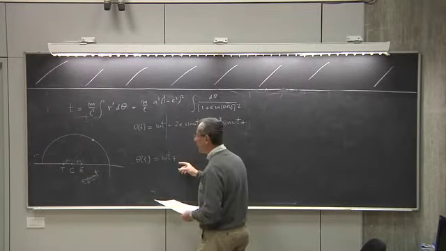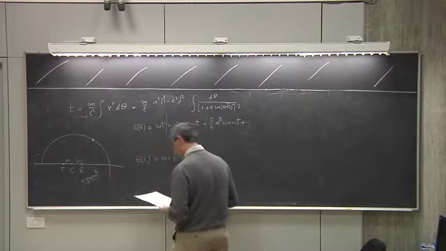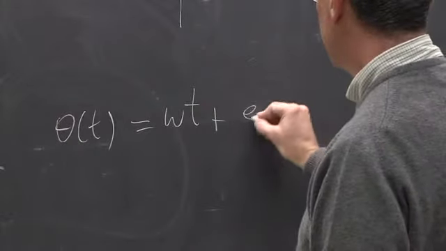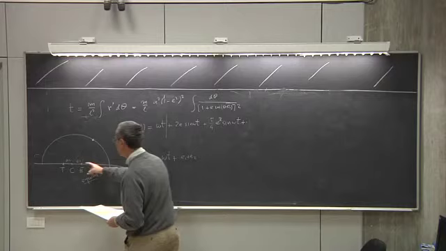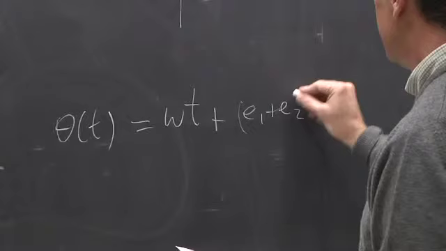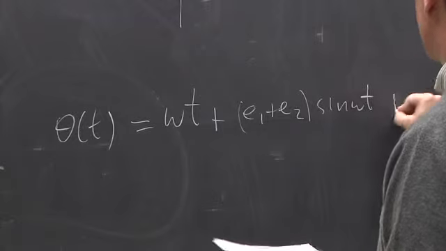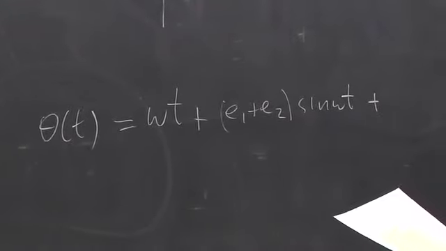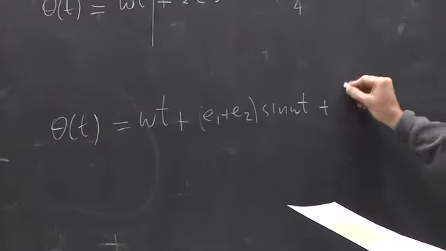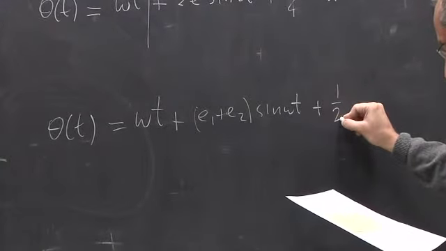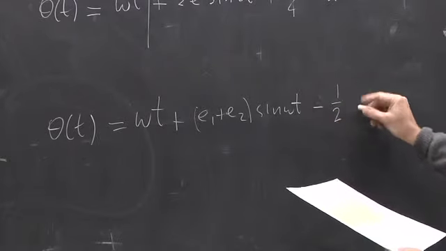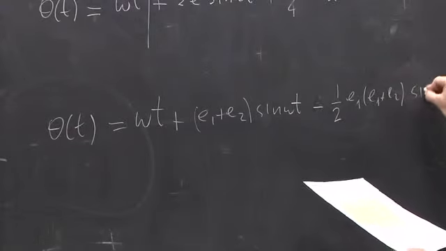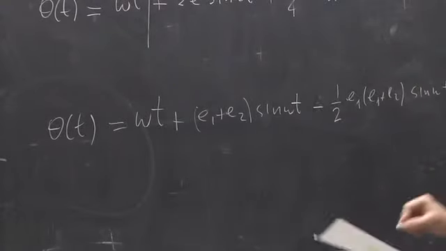Then the first correction goes like E1 plus E2, the sum of these two distances, sine of omega t, plus 1/2. Actually, I think it's minus 1/2